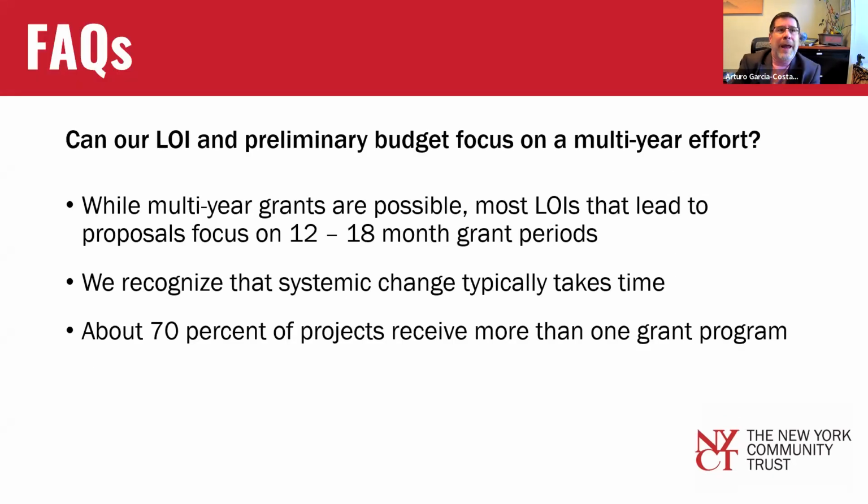All right, so grant periods. This is a big thing. Like, what grant period should you do? The vast majority of our grants are for grant periods of 12 to 18 months. The 18-month time period doesn't necessarily mean that you can ask for greater amounts of money. Typically speaking, a single organization can get anywhere from 100 to 150,000, depending on the nature of the project. Partnerships and coalitions can get above that, between 150 and 200,000.